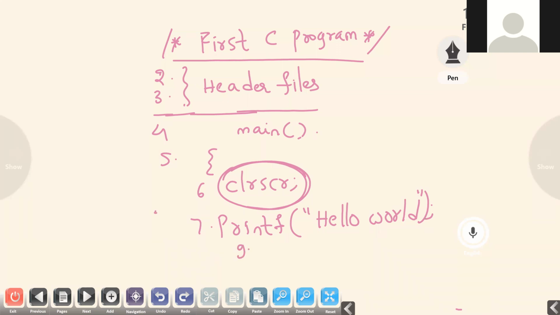Now getch: what is getch? It's a predefined function that accepts a character at execution time. So whenever the program executes, it will accept a character, and it holds the screen. It will hold the output; whatever the output is, it will remain in that position.